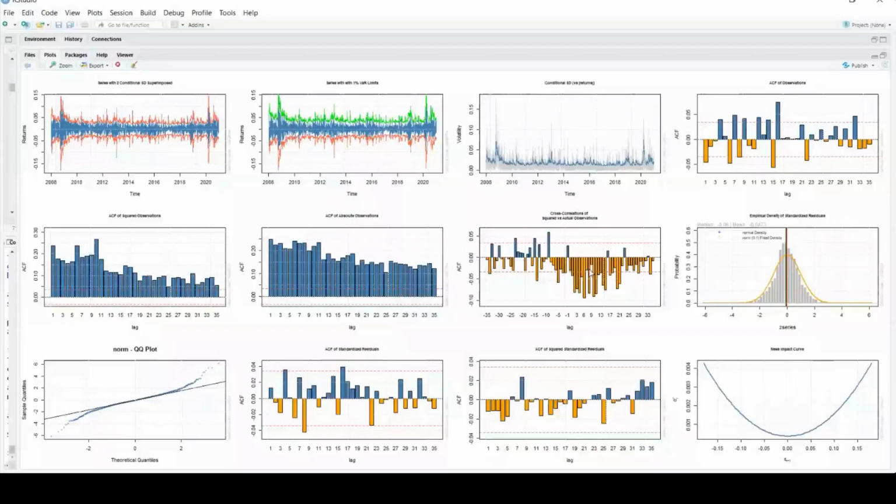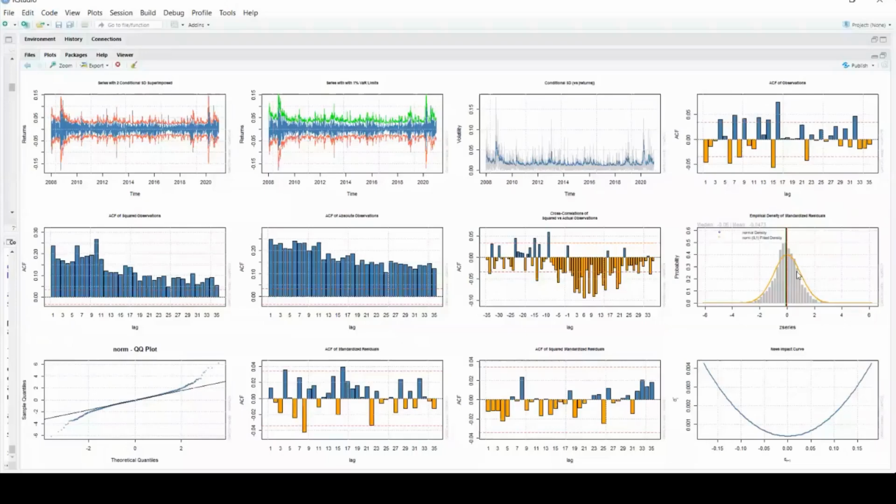And then you have the cross correlation graph for the observations, right? Now you can see there is also a density plot of the residuals. The residual density plot is more or less not normal, but it appears to be normal. Okay, and then we have a normal QQ plot.